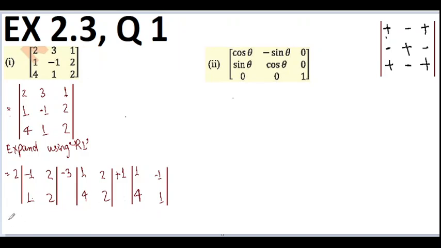Now moving towards the next step, it is 2 into. How do we find determinants? First of all, you multiply the diagonal elements together and then the non-diagonal elements together and put a negative sign in between. So multiplying the diagonal elements, 2 into minus 1 gives us minus 2, with a negative sign, and then 2 into 1 gives us 2. Now this minus 3 remains as it is, and then we write brackets. Diagonal elements multiplied, 2 into 1 gives us 2, and then a negative sign, 4 into 2 gives us 8.